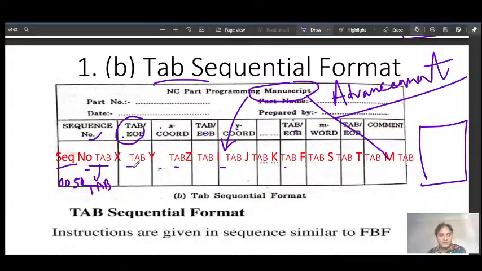Next you write the x coordinate value, for example 20 mm. We will not write the mm, only 20, and then tab, space, tab. Then again next we have to write the y coordinate value. So one space, and then the y coordinate value, say 30, and then space, tab.